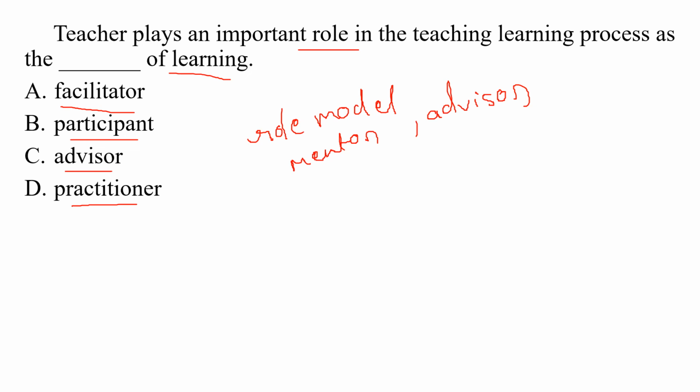So here the teacher role is of a facilitator. The teacher finds new ways of understanding and supports their students' learning style, keeping in mind that young minds are individuals on their own, so they tend to have different speeds. The role of a teacher is to inspire, motivate, encourage and educate the learner. The teacher is a facilitator and not a director. Okay. We consider the teacher as a facilitator.